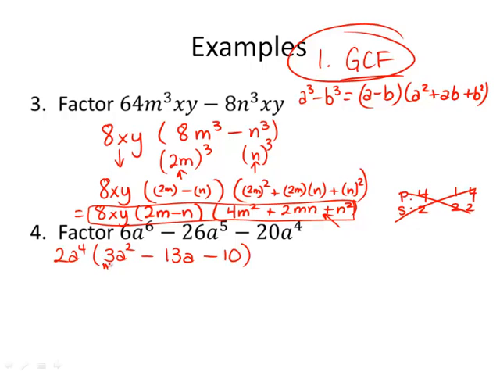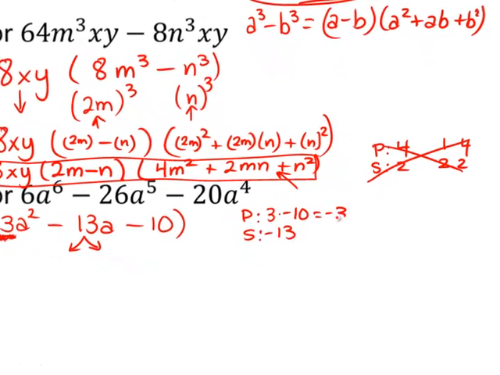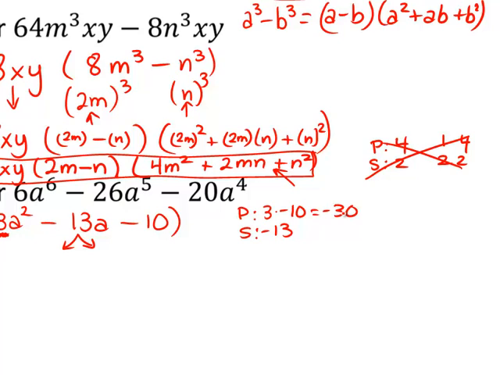So if you do have a number in front, you need to split up the middle term so that its sum is the middle term, negative 13, but its product will be coming from the first times the last, 3 times negative 10, which is negative 30. So let's see if we can find 2 numbers that multiply to negative 30 and have a difference, because the product is negative, of 13. 1 times 30, 2 times 15, 3 times 10,